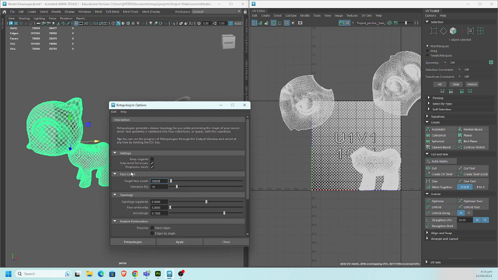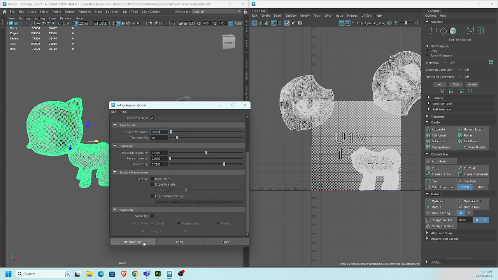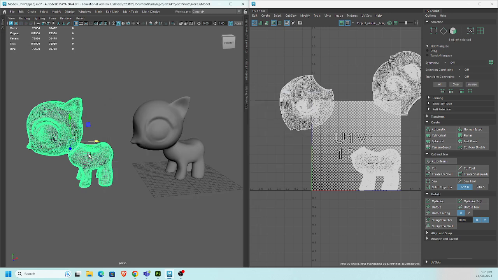And I say pre-process the mesh, scan the mesh for issues and things like that. Let's retopologize that. Ignore and continue. Low resolution input mesh with pre-process mesh target face count. Following potential may prevent. Okay, low resolution input. Process mesh is intended for use with high resolution input. Okay. Maybe